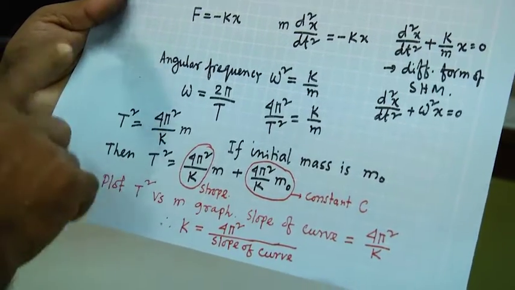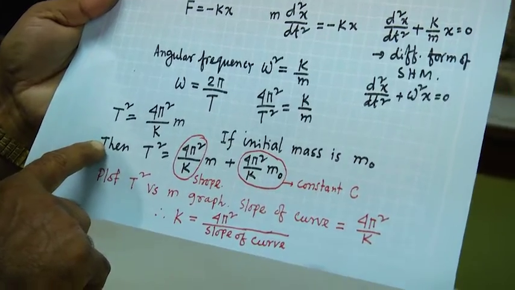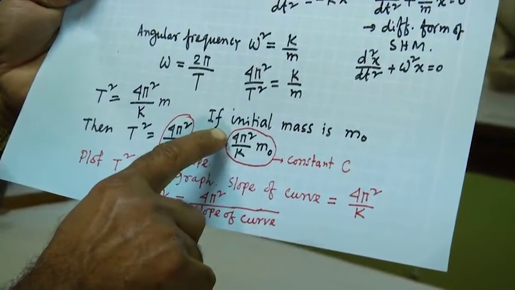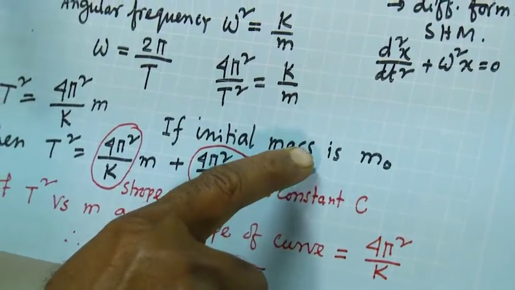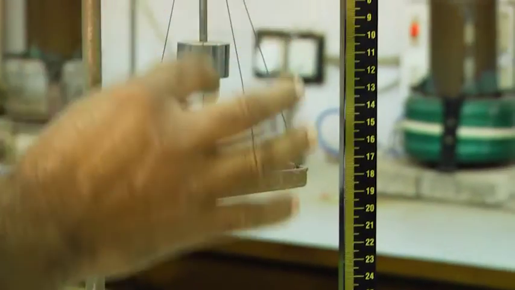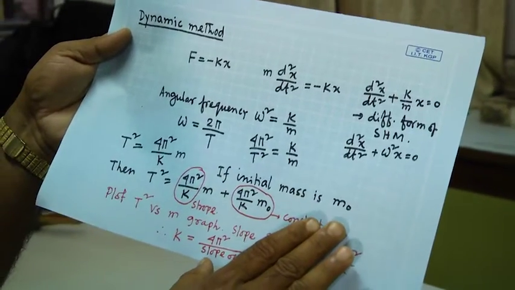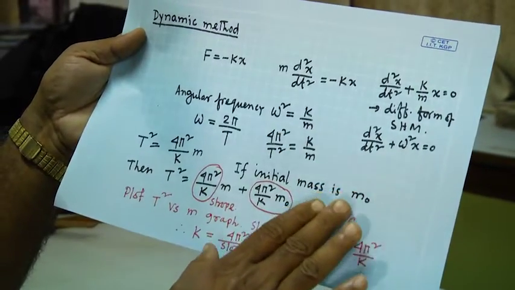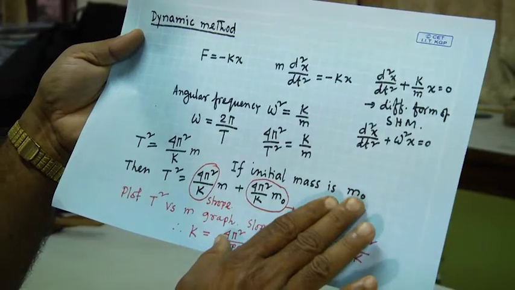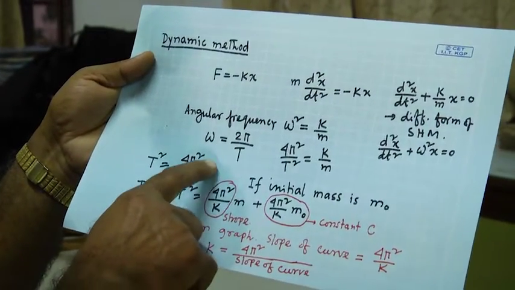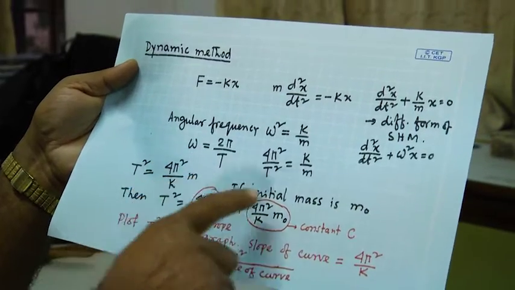And then what we can do? Okay, here one can consider the initial mass of this one. So, without any mass put here, so that if it is m 0, then also there is no problem. If we consider this initial mass m 0, then basically this m will be replaced by m plus m 0,